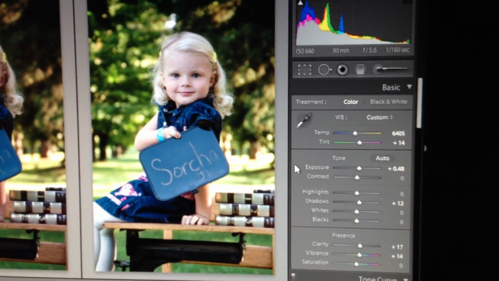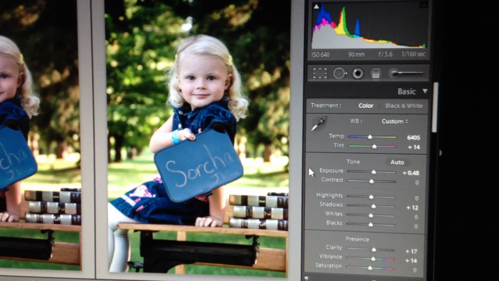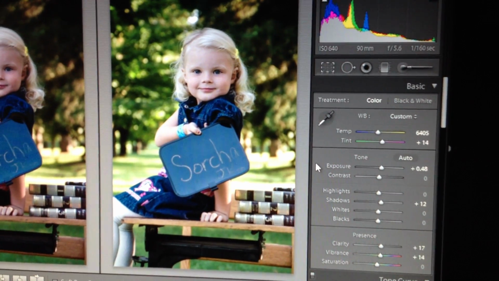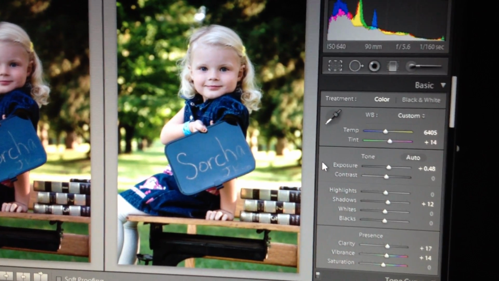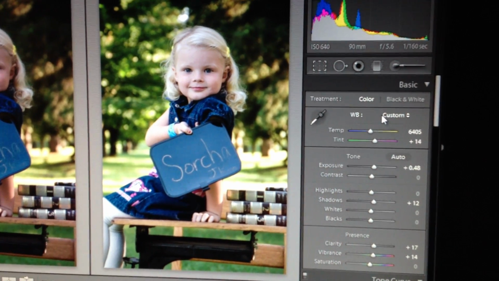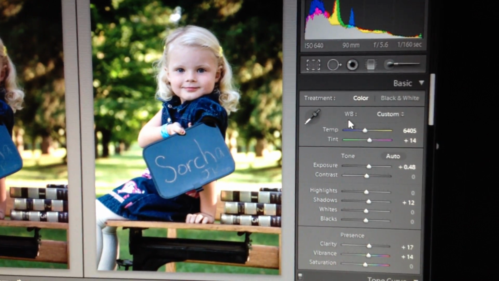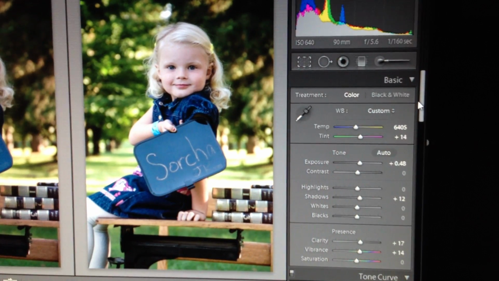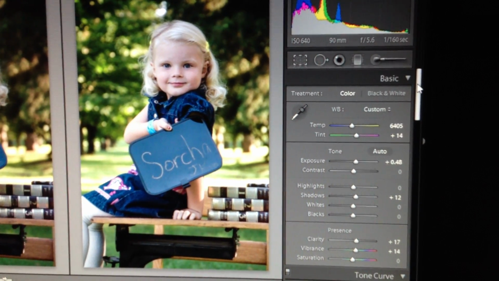Okay, so obviously I start with cropping the image properly. In this case, that's how I cropped it in the camera. I'm usually pretty good for that. Next, I'll go into my white balance. I've done that already, but obviously I'll end up tweaking that at the end as well, all depending on what